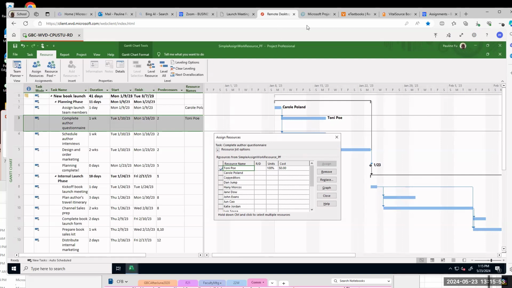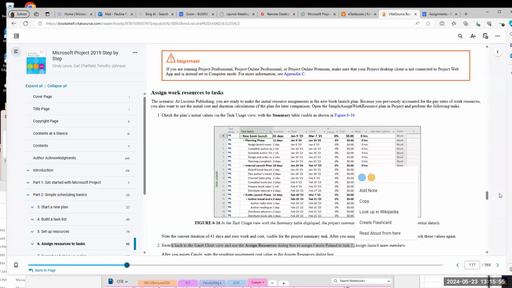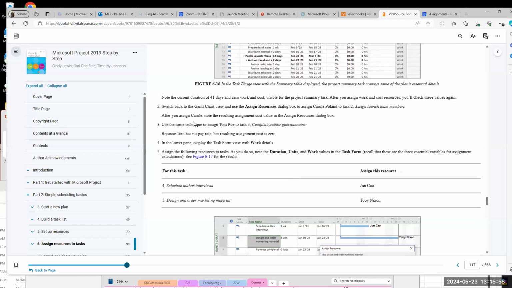Okay, we finish step 3. We assigned Tony Paul to task 3.